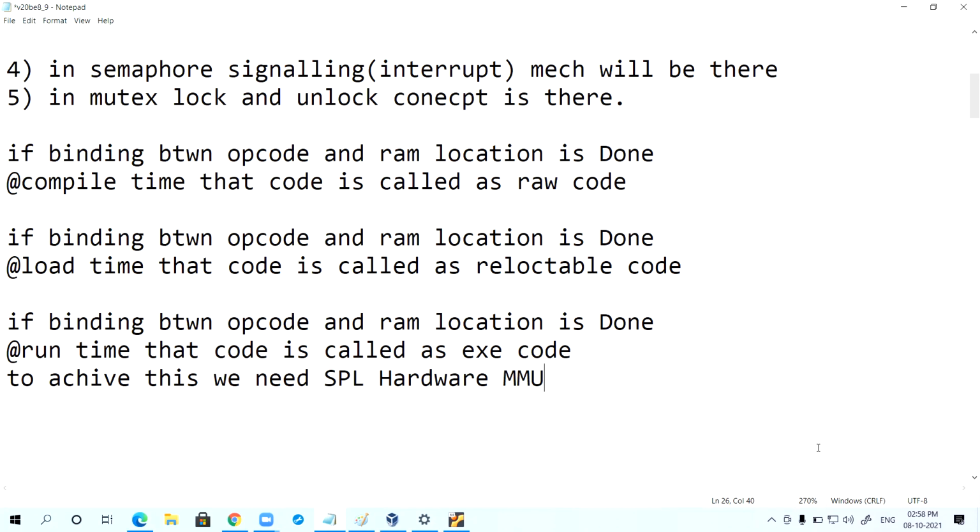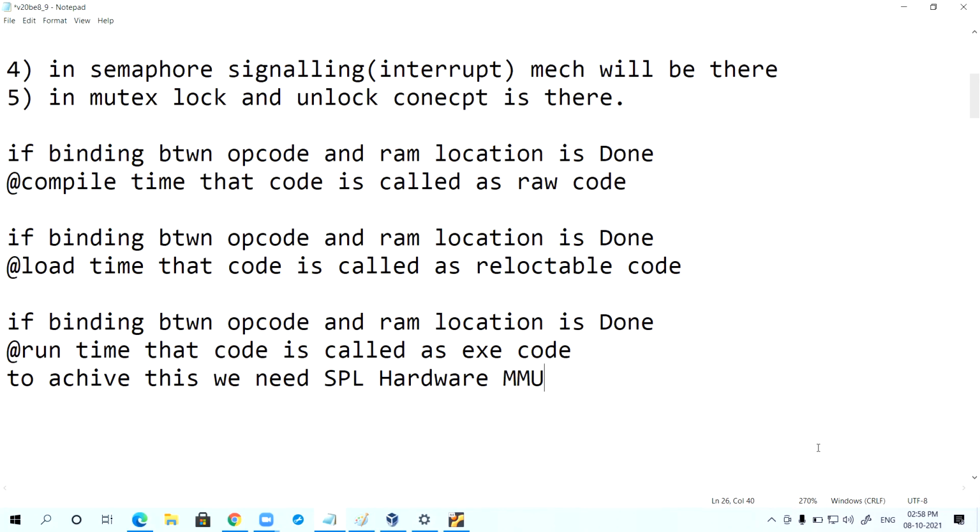Now what we need to discuss is how the memory manager managed the RAM in older versions of operating systems. What is the drawback of that memory management?